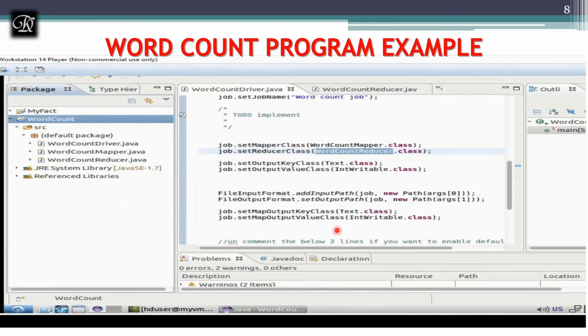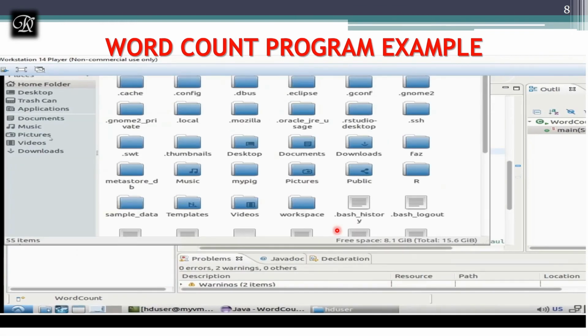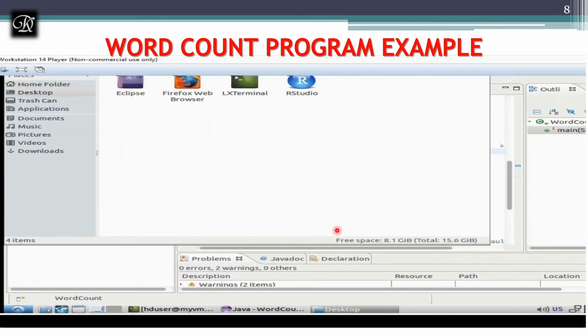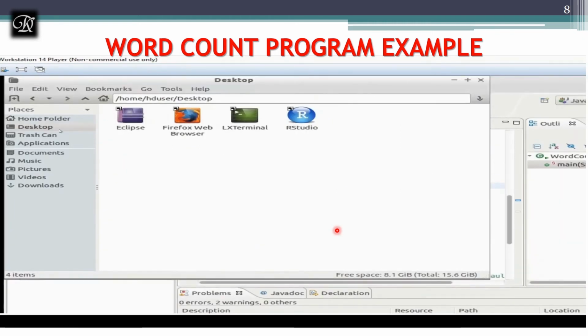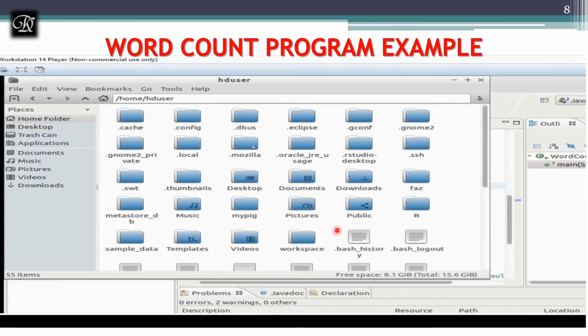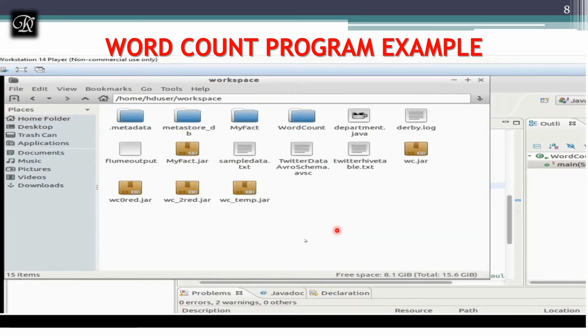Let's see in my file browser where it is. It should be in my home folder. Yeah, it's in my workspace, because I was using the Eclipse workspace. It has wc temp.